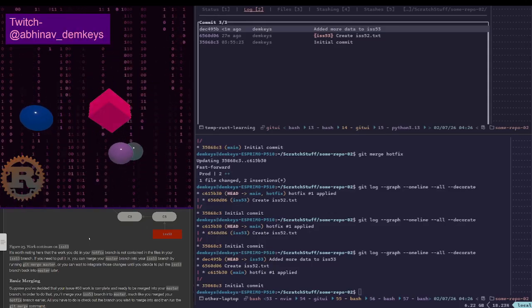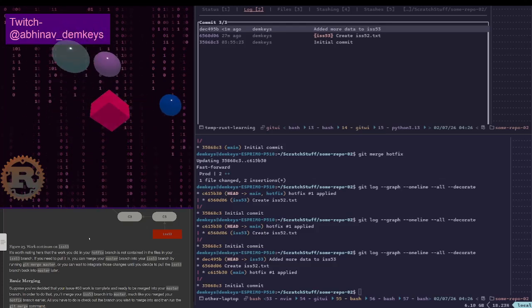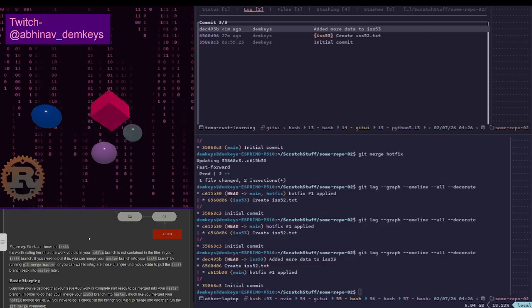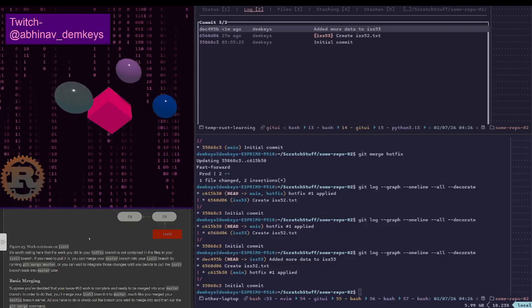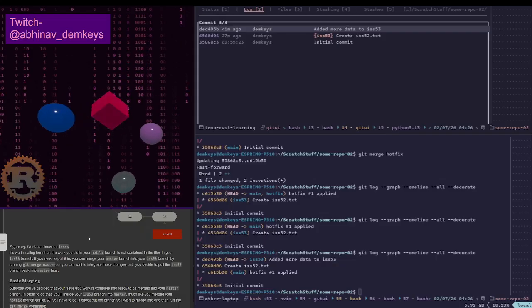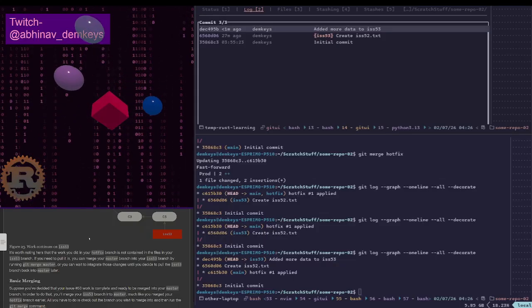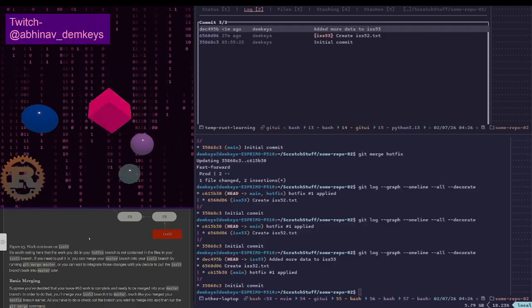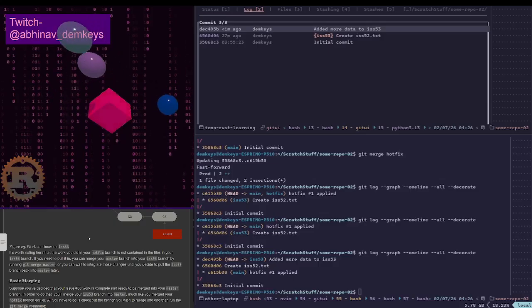It's worth noting here that the work you did in your hotfix branch is not contained in the files in your ISS 53 branch. If you need to pull it in, you can merge your master branch into your ISS 53 branch by running git merge master. Or you can wait to integrate those changes until you decide to pull the ISS 53 branch back into master later.